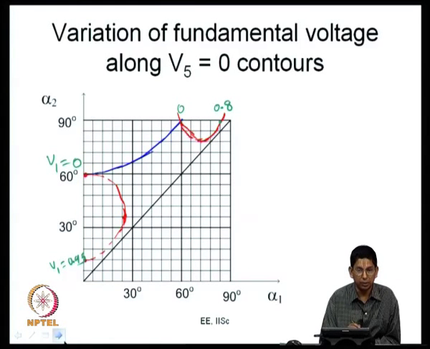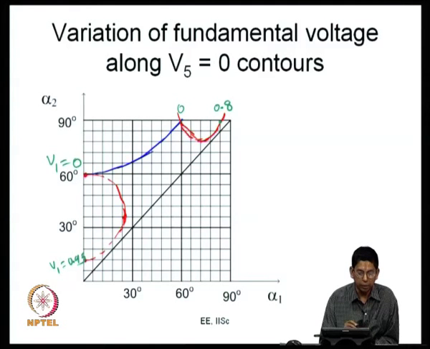Yes, fifth harmonic elimination, will it have no solution? Of course. If you have a fundamental voltage that is greater than 0.95, please remember that this 0.95 is not a very precise number. You can just work out what that number exactly is. It is after all alpha 1 is 0 and alpha 2 is equal to 12 degrees now. So, if you take anything above that, there is going to be no solution for your fifth harmonic elimination.